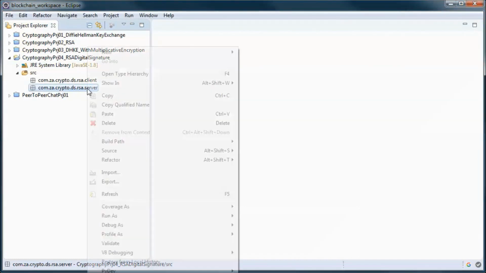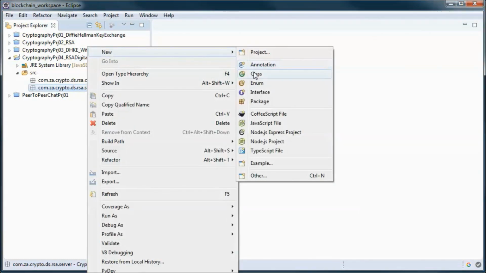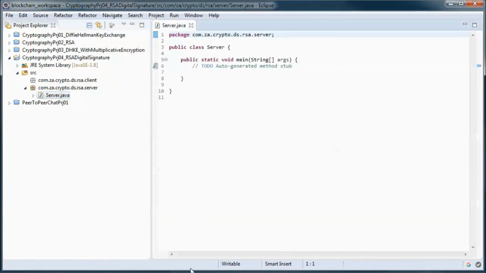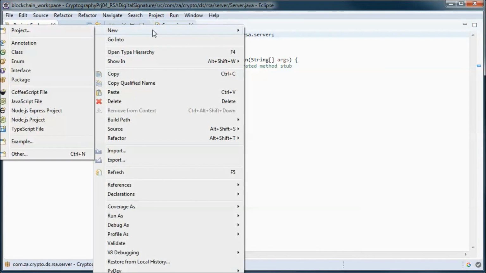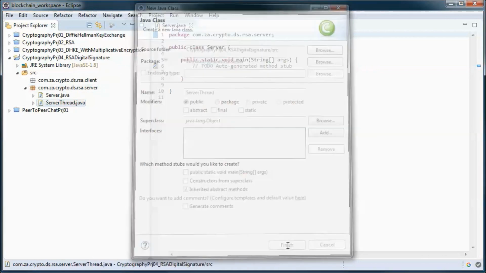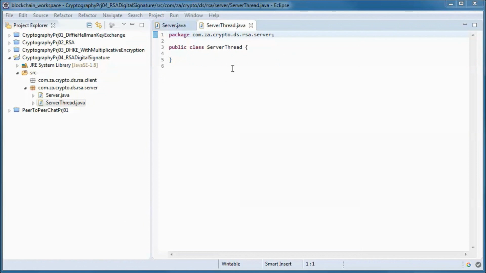And on the server side we will have two classes, a server class with a main method and a server thread class, which will extend from thread.